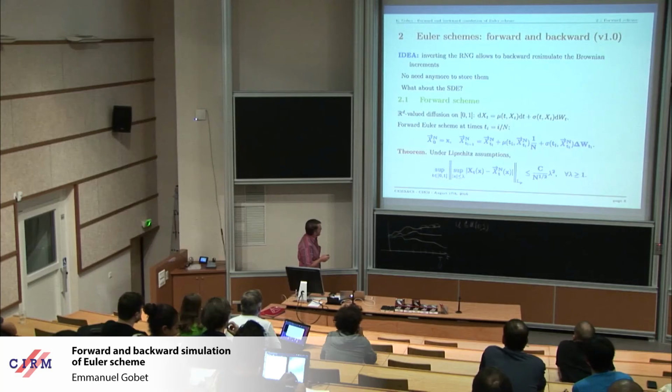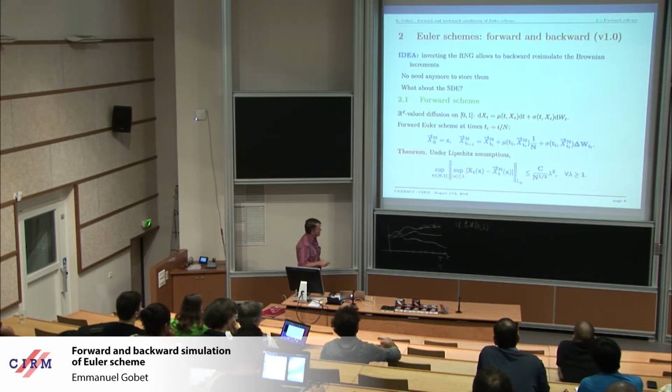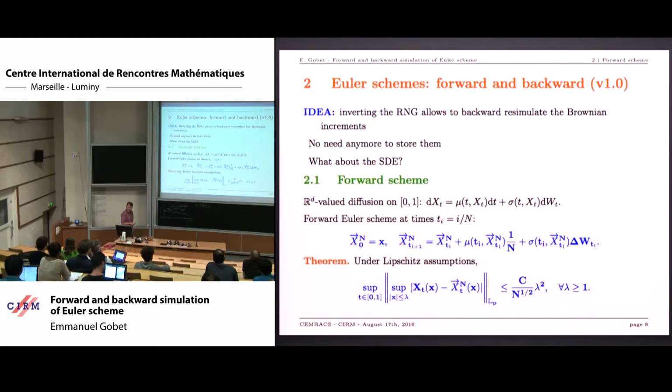Okay, so what is the forward scheme? You start from S_0 here. We are just on the interval [0,1]. We have n time steps. We use the forward scheme, so I just put a right arrow on the X to tell that this is the forward scheme. So this is the usual forward scheme. Here the first result, as you know, is essentially that the distance between X, the Euler scheme, and the diffusion process is of order 1 over square root of n. But here we need something more. I will explain later why.